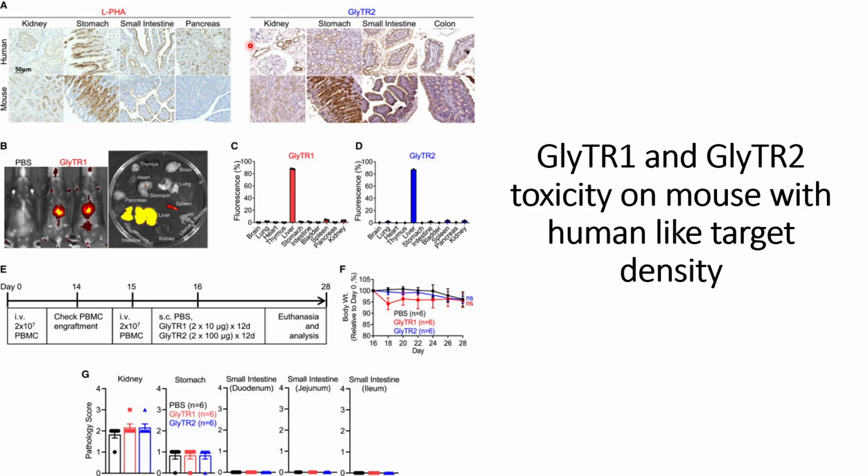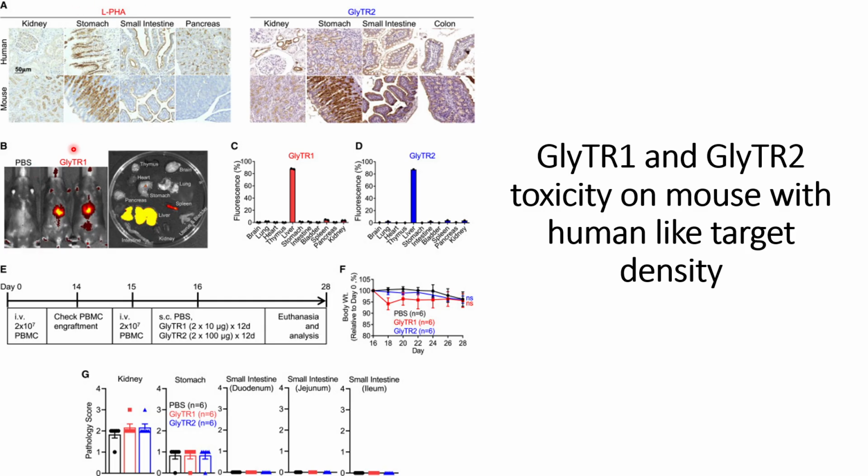And when they check for GlyTR2, they do not see that stark difference. They see that human and mouse behave similarly, and in the case of stomach we can see more binding. Thereafter, once validating that the human and mouse organs behave similarly for GlyTR2 and also for the L-PHA lectin,